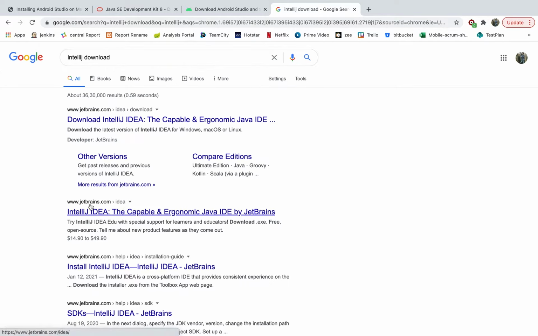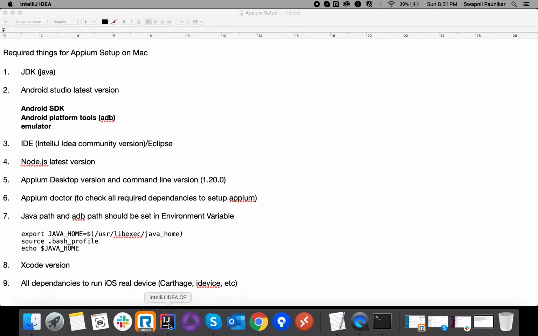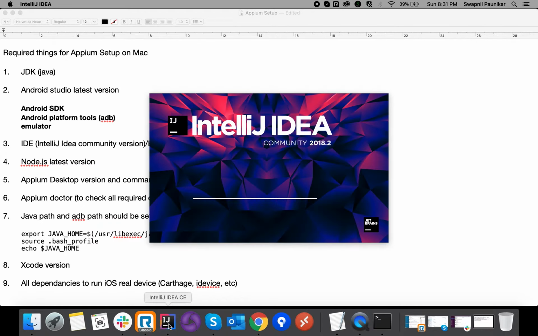It's kind of simple if we compare it with Windows. Once we get the DMG file and move it to the application folder, we can directly access it. So I'll just open IntelliJ. As of now we are not writing a script. Once we check all these things, we'll create a sample project. I just wanted to show you how IntelliJ looks once we download it. So I'm just closing it, we'll check it later.